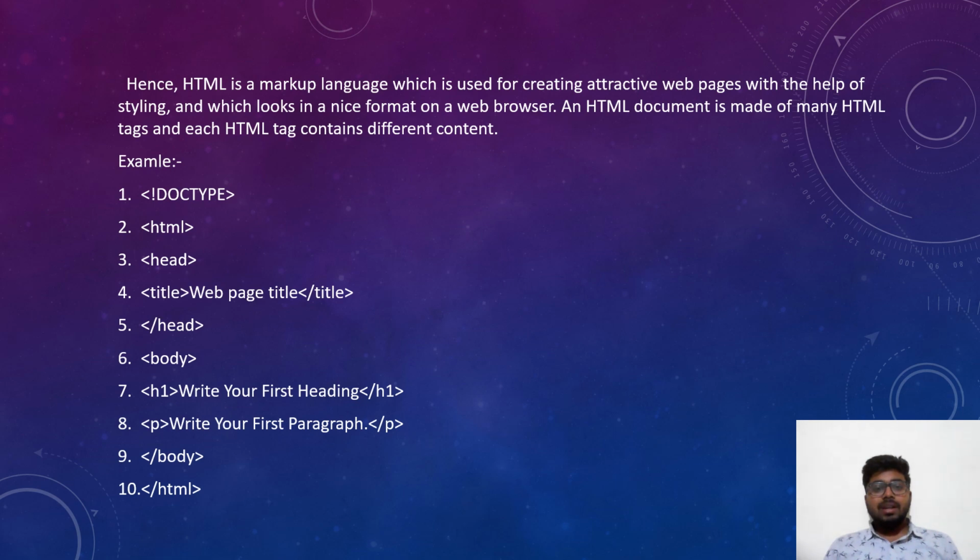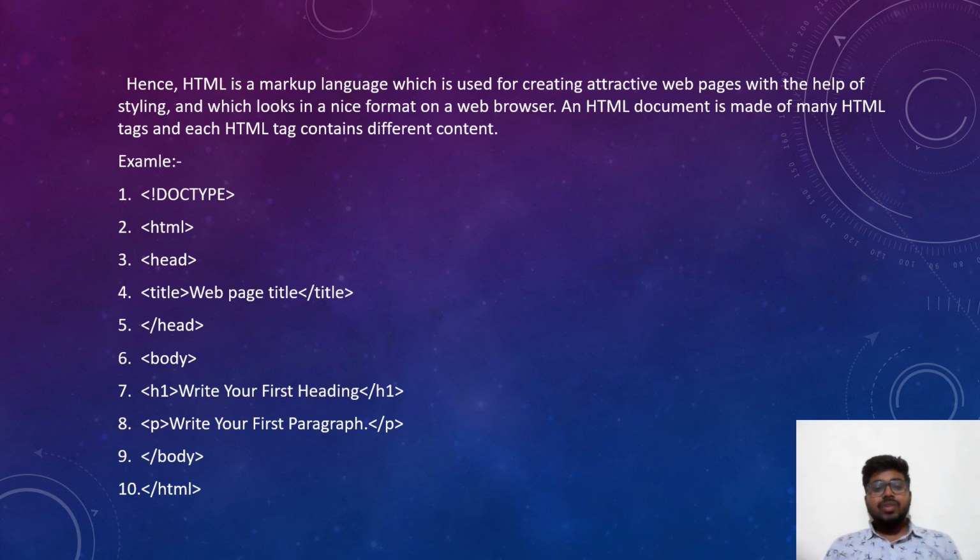Hence, HTML is a markup language which is used for creating attractive web pages with the help of styling, which look in a nice format on a web browser. An HTML document is made up of many HTML tags, and each HTML tag contains different content.